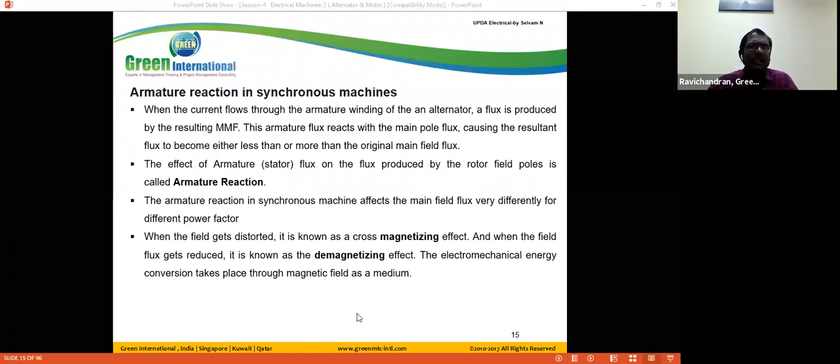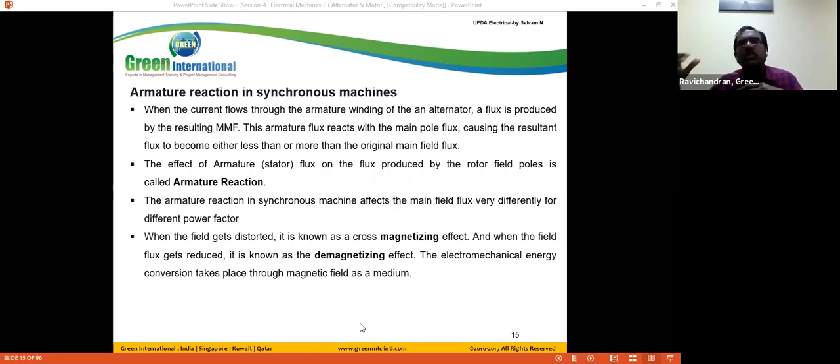So, armature reaction. In an alternator we have a stator and a rotor. We use a DC supply for the field winding, so it produces a magnetic field. At the same time, the field winding is coupled with a turbine or some other prime mover, so it is rotating, and mechanical energy is converted to electrical energy. The field winding with DC supply produces a constant magnetic field. Now the field winding is rotated, which cuts the stator winding.